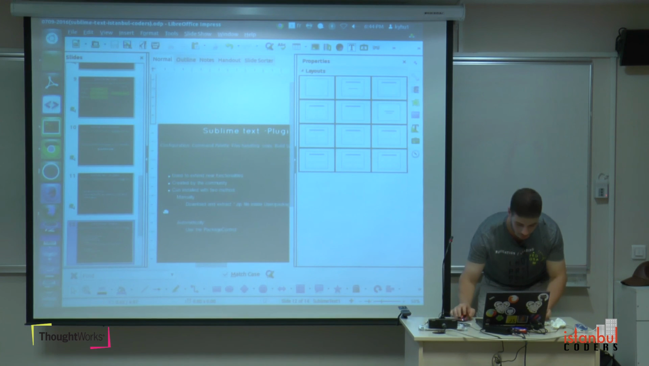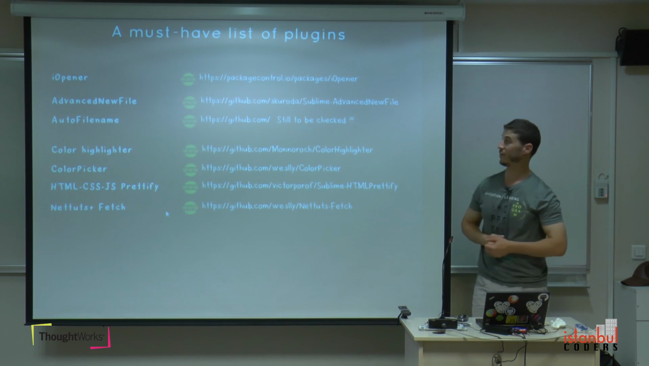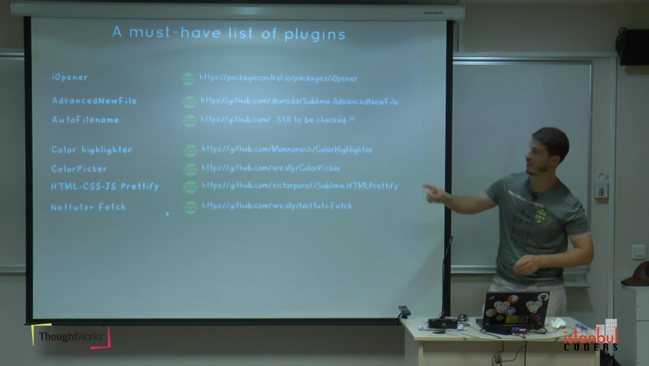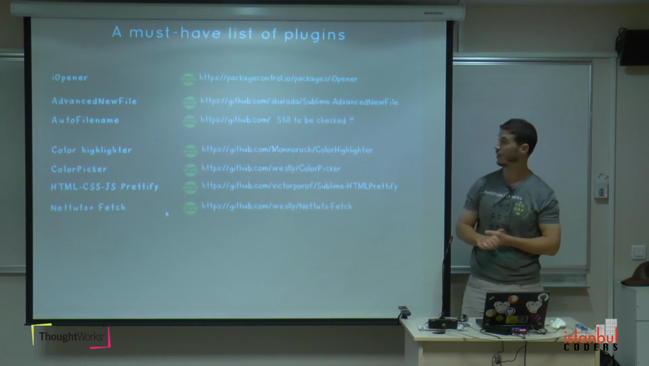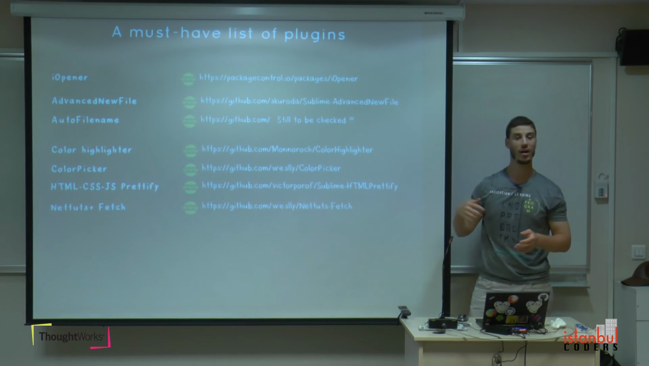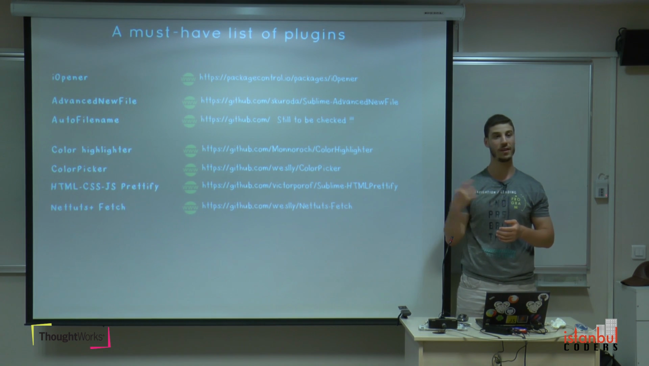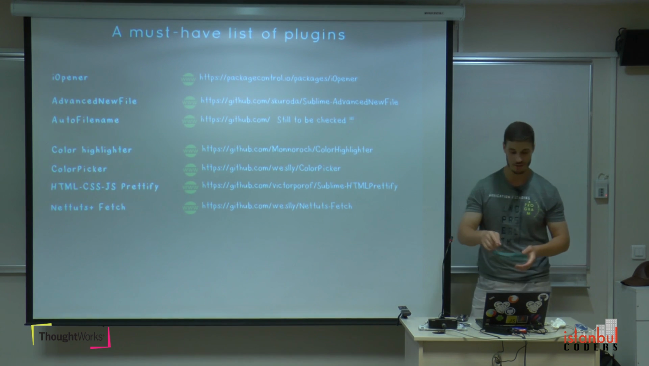Okay, we have also, let's see here. Here's the list that I use a lot. Okay, the plugins. We have the e-opener, which means that I open any file very quickly. We have also Advanced New File. I don't know if you've noticed this, but if I create a new file, I create it very fast. Why? Because I'm using this plugin,